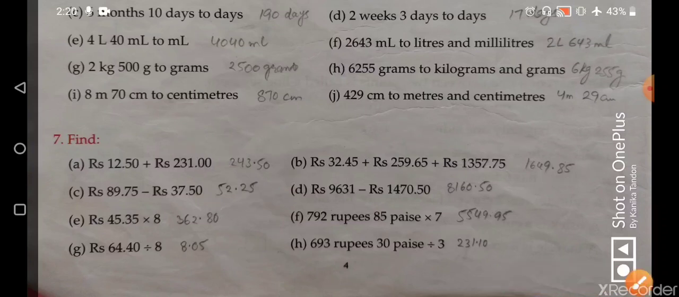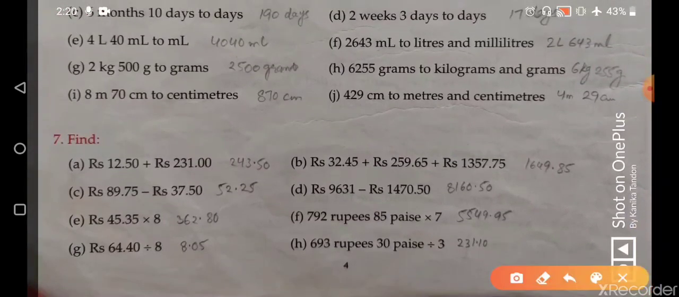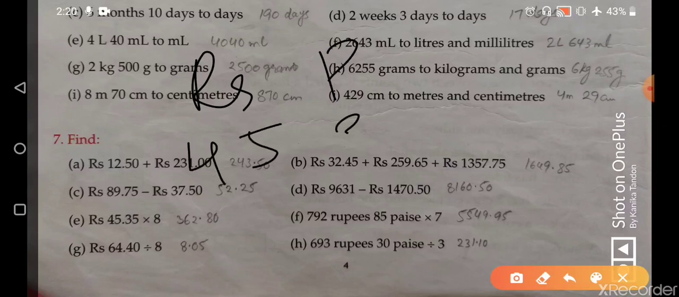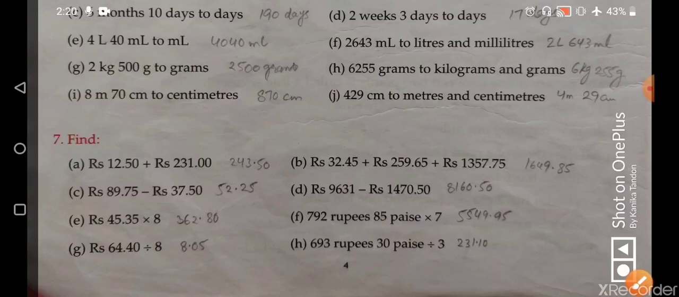Coming to E, rupees 45.35 into 8. So this is also simple multiplication, and question number F will also be done in the same way, and I hope that you will be able to multiply it yourself. Coming to question number G and H,